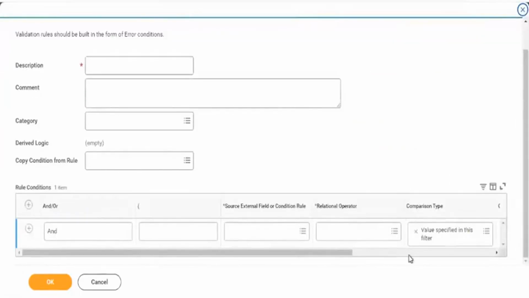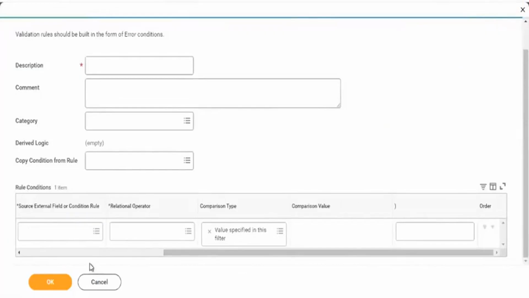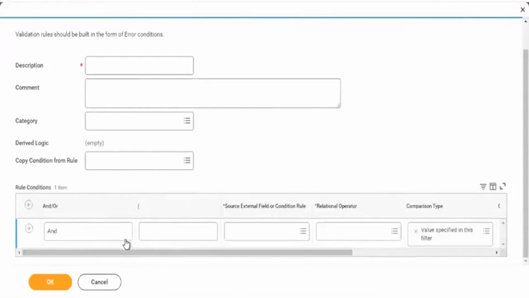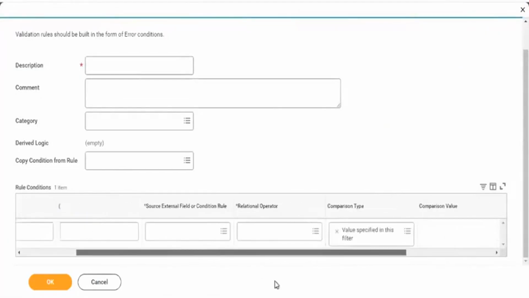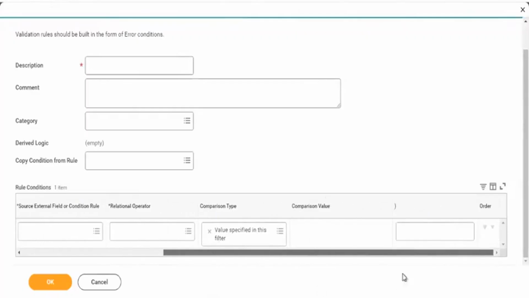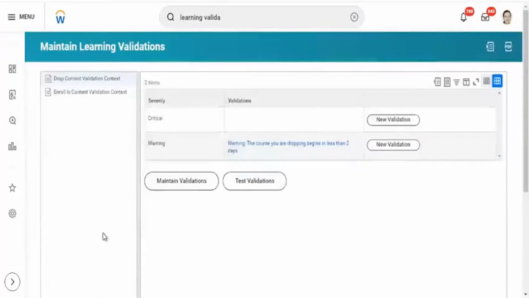If you had noticed when I was dropping, it was not immediately getting dropped. There was a warning message. Once I clicked on that warning message, I used to get that.